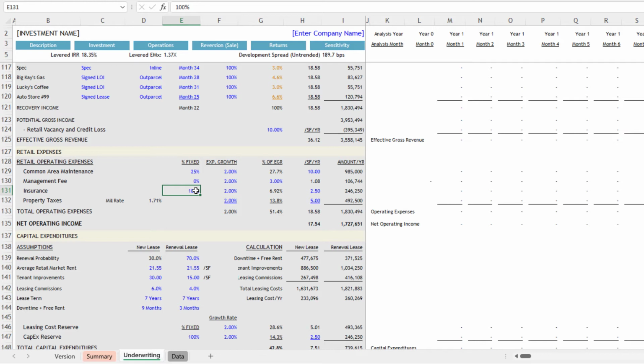Your insurance is what it is, whether you're 0% occupied or 100% occupied. In this case, we're assuming $2.50 a foot is our insurance cost expense. And then property tax is some number. Now, there's a value out here to the right, mill rate. This is a concept in the United States, but I think it's common in other countries. It may be slightly different, but the idea is your property tax is a percentage of your total